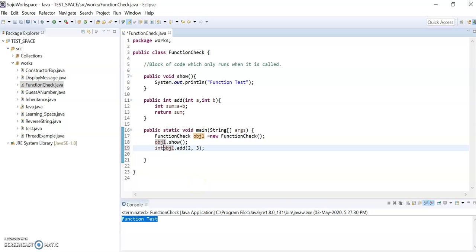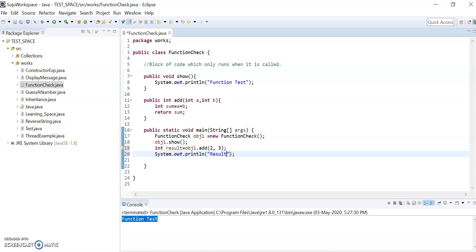What we'll do is int result, because it is returning an integer value. So I am creating a variable result and I am taking the value. Now I am printing what is coming from the function, result is equal to, and I am printing the variable.